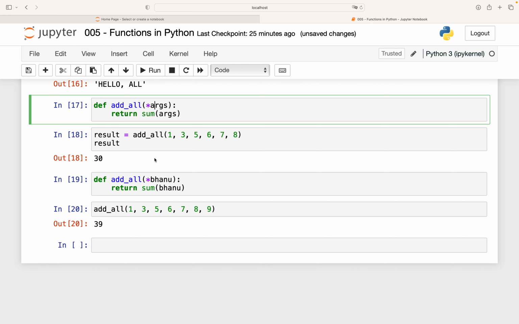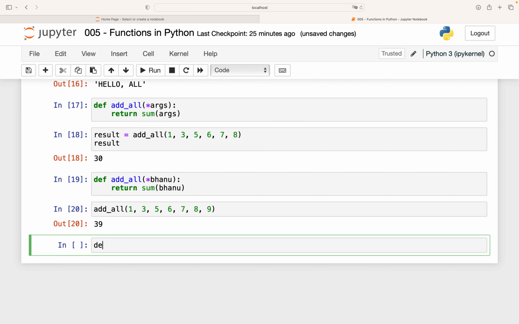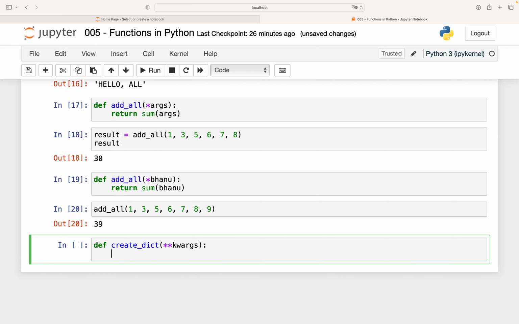So let's say I'm creating a function def create_dict, with star star keywords, and it works, and